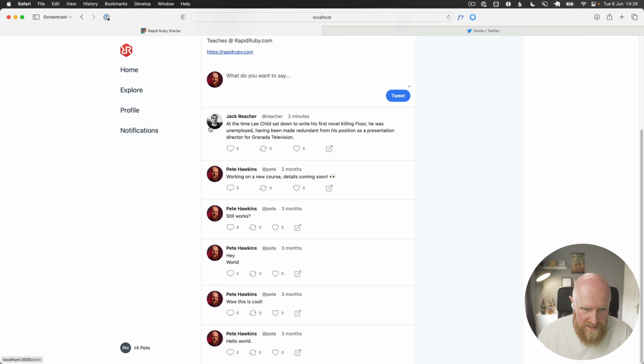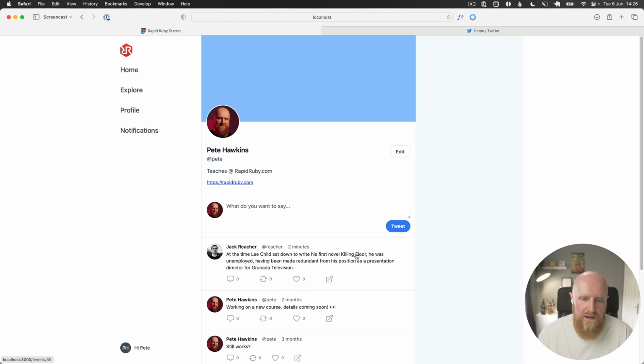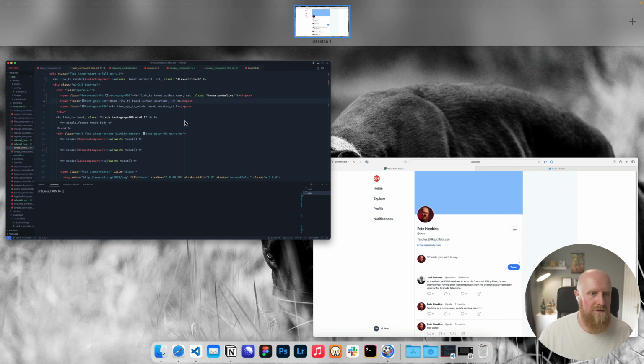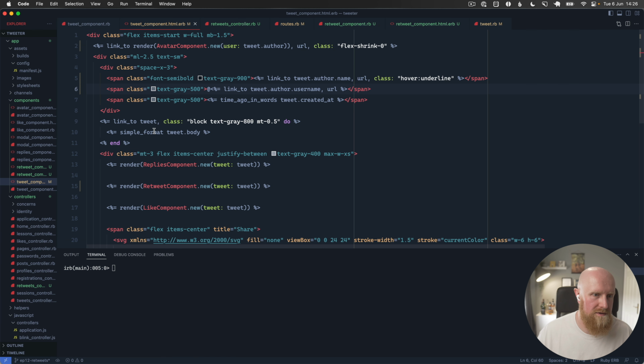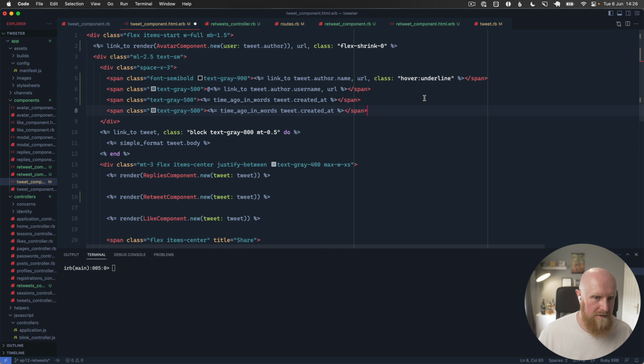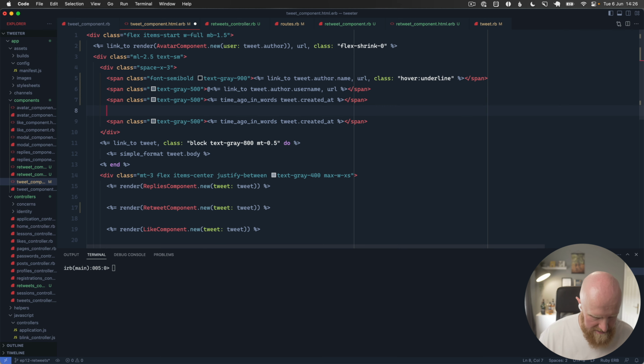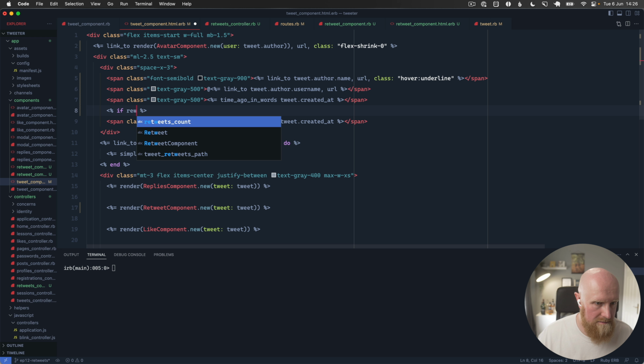So what I actually want to do here is, if it's a retweet, maybe put a wee retweet icon in place, or here say retweeted by, and then put me, so that it's obvious that it was a retweet. So we'll go to tweet component, we'll create another span here, and we can say if retweet,